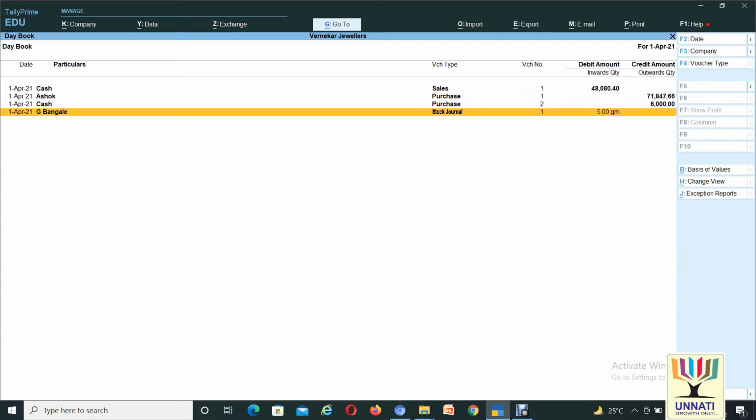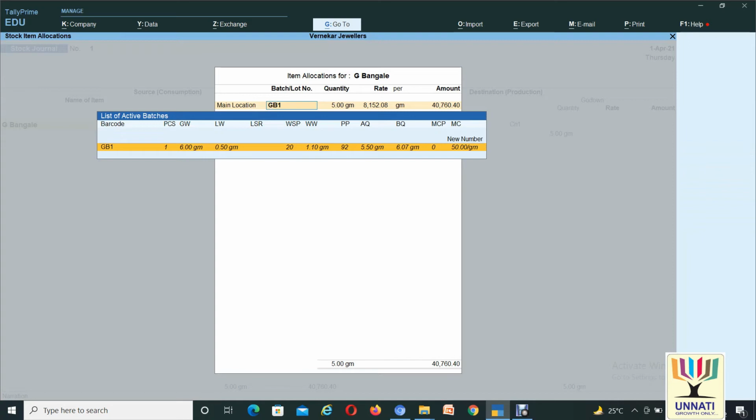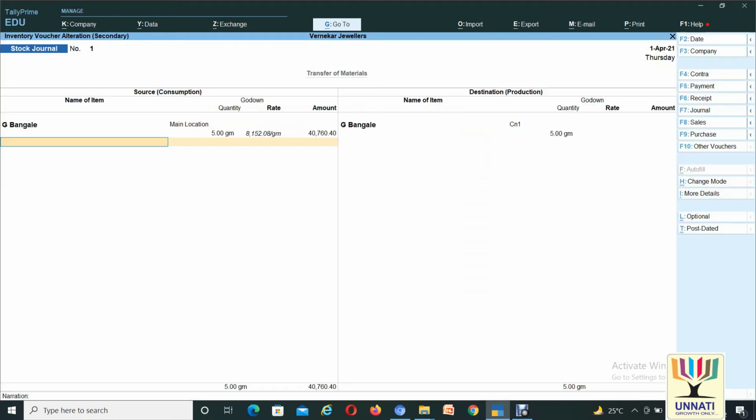You can also maintain your shop details, like if you give some gold to a goldsmith or other karigar persons, these details are also maintained in this TDL. Like in a stock journal voucher, from source, your shop, to destination, the person you are giving it to, which item, how many grams, purity, and all details are mentioned in this screen.